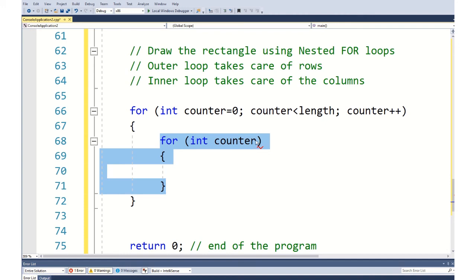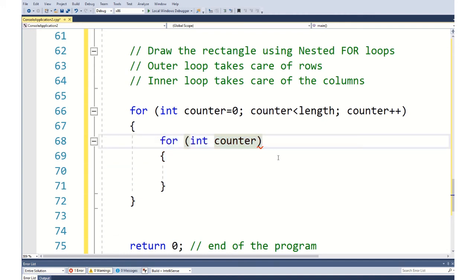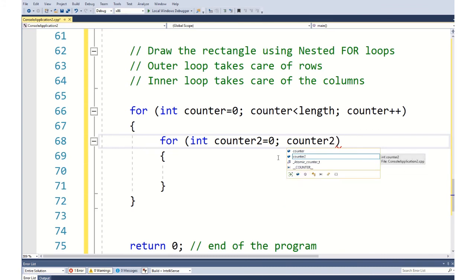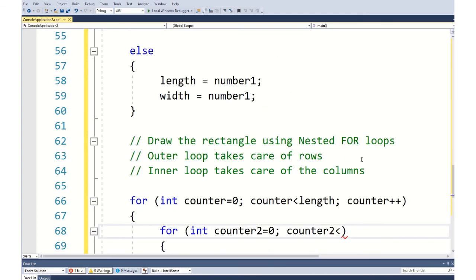But to keep things less confusing, I'm going to give it a separate name, counter 2, which I'm also going to initialize to 0. Then counter 2 needs to continue to run while it is less than the number of columns, which will be taken care of by my